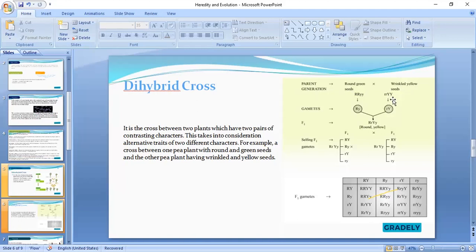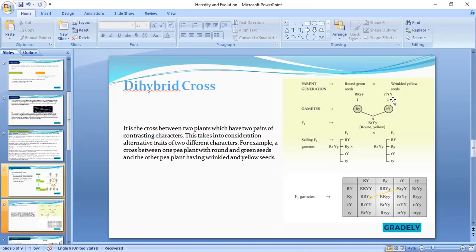You don't need someone to actually tell you when a character is dominant. One of the things you will see in a particular generation, by which you know that a character is dominant or recessive, is the capitalization of the letter that was used. So if I'm talking about roundness and wrinkled, and I say that capital R is for the dominant, which is roundness, you should know that when I'm talking about wrinkled, it is what? Small r. Don't go and say wrinkled is now W. No, no, no, that's not how it works. Please, that's not how it works.